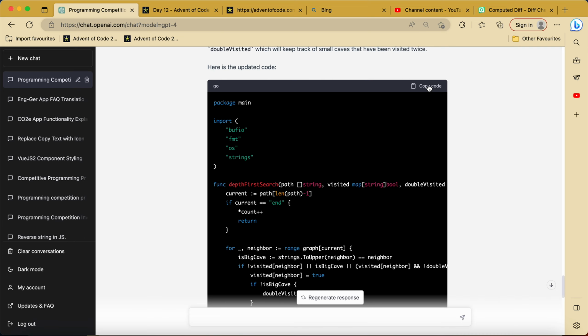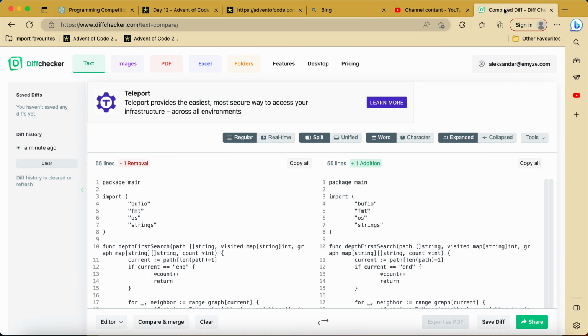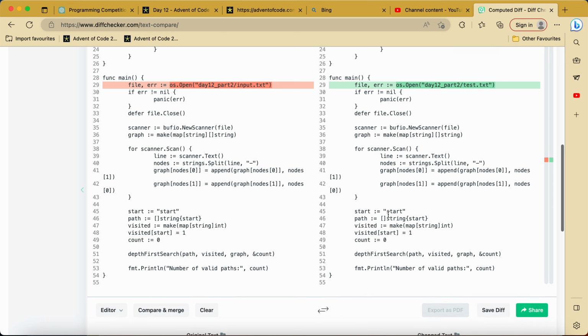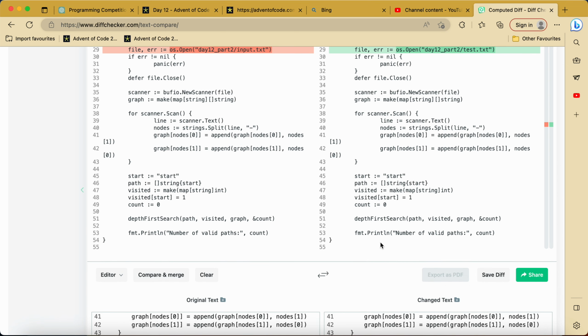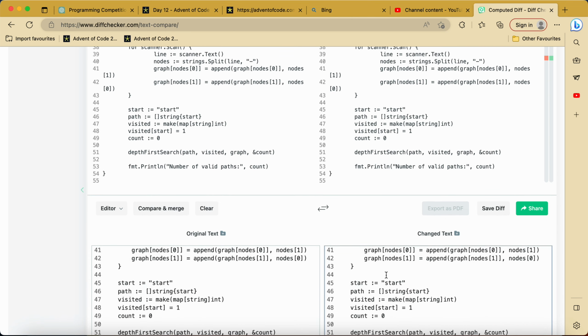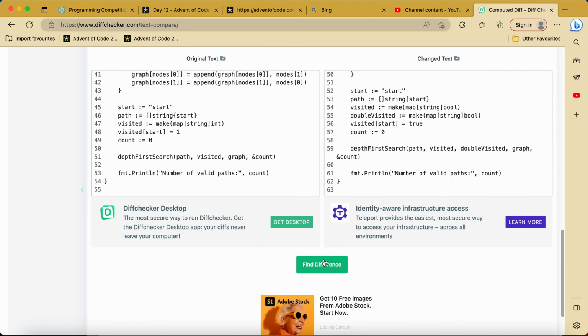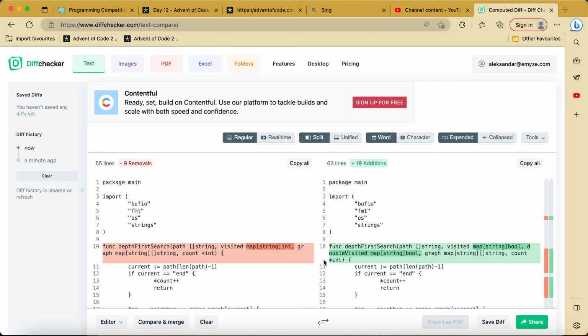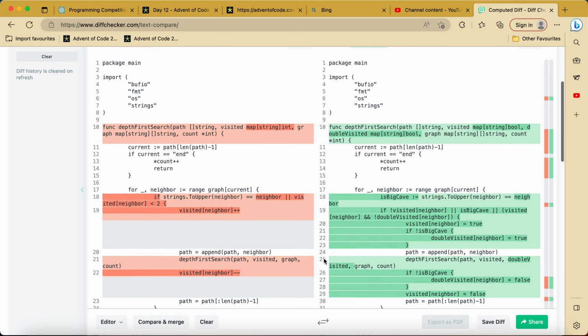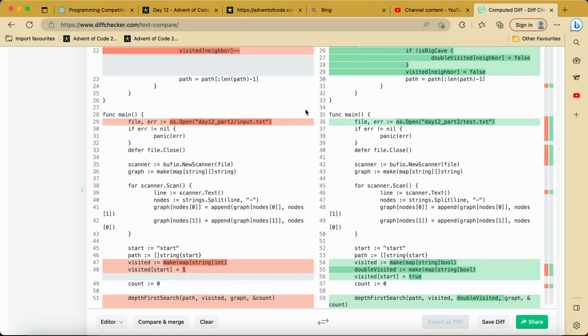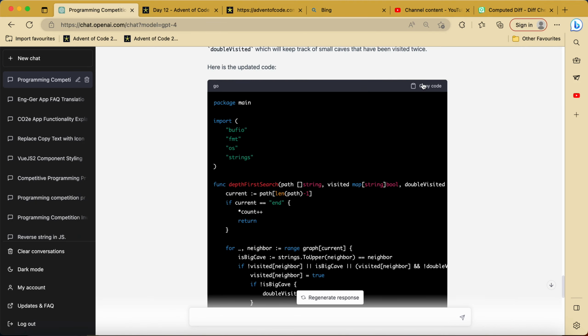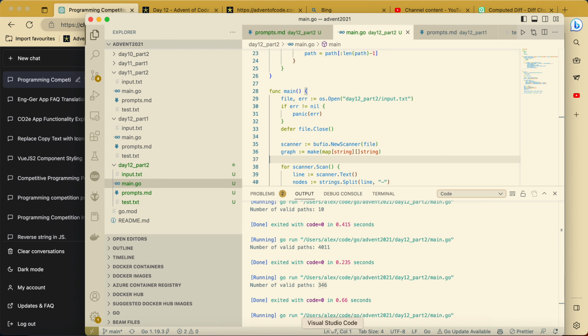Let me see if this copying does work correctly. Okay, there's not much that I can change. Okay, here. Okay, that's a different solution. Let's